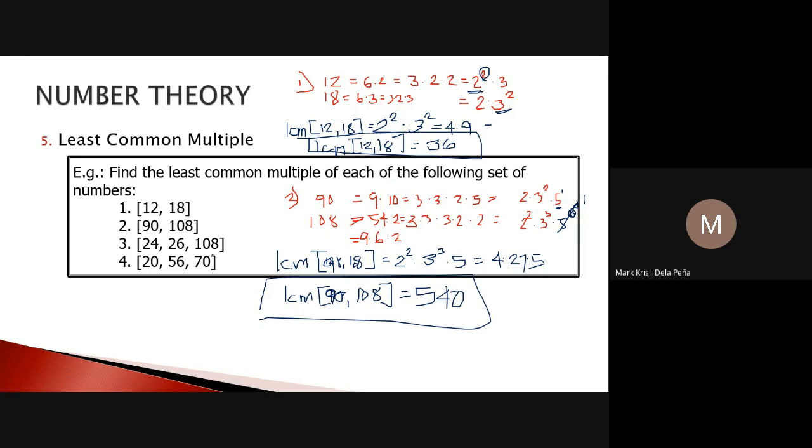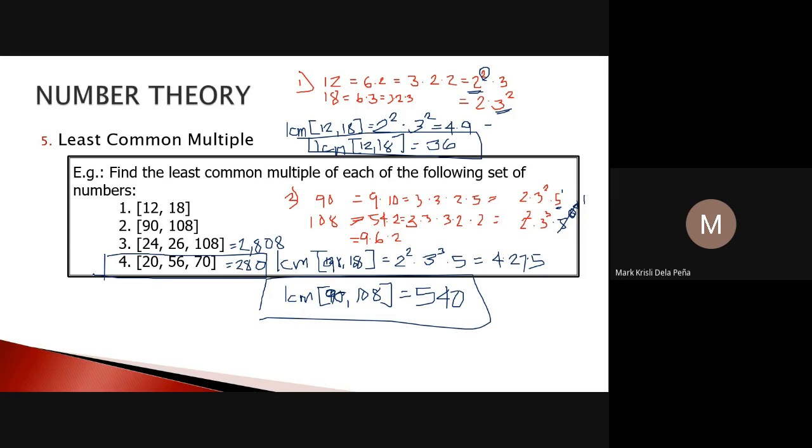Now how about for number 3? You have to do the same way for the 3 numbers, 24, 26, and 108. So the result is the least common multiple is 2,808. Can you check? And for number 4, rather, the least common multiple is 280. Number 4 will be your engaged problem. So show the solution